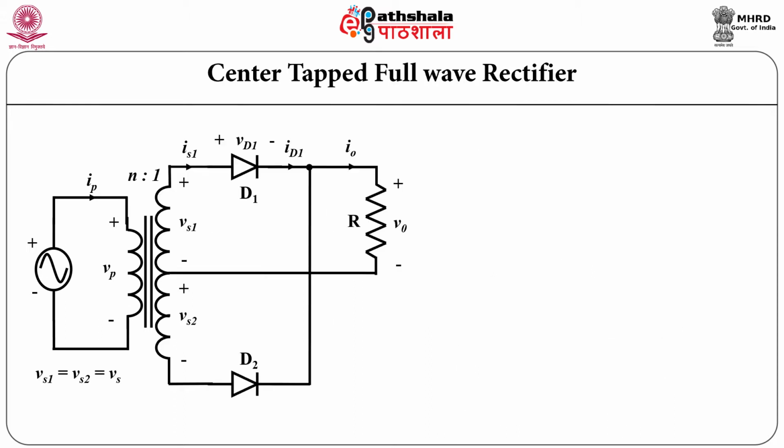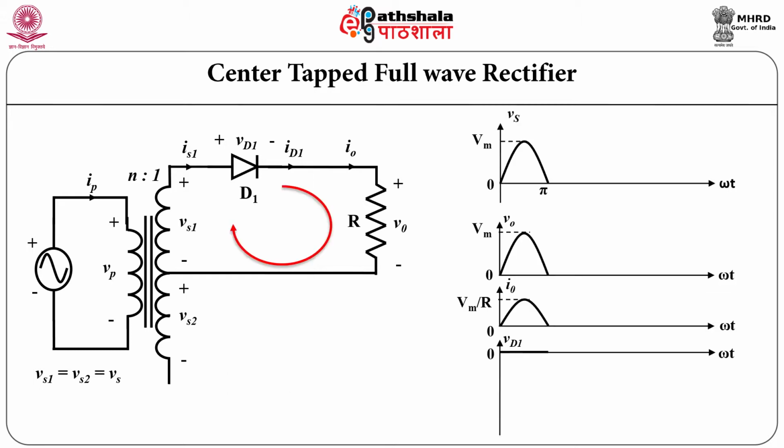Whereas in center tap full wave rectifiers, the things are different. It consists of a transformer. Now here one diode is increased. There are two diodes and the load. The transformer of this circuit is different. It has two phases as shown in the figure. It is called a center tap transformer.